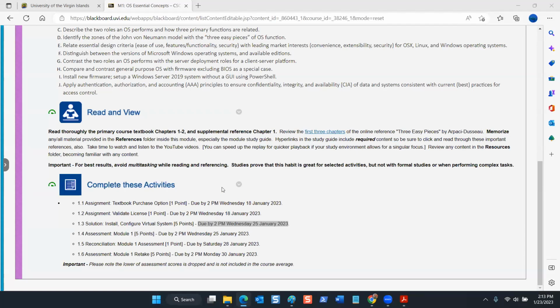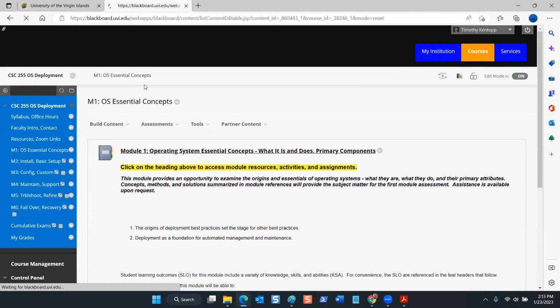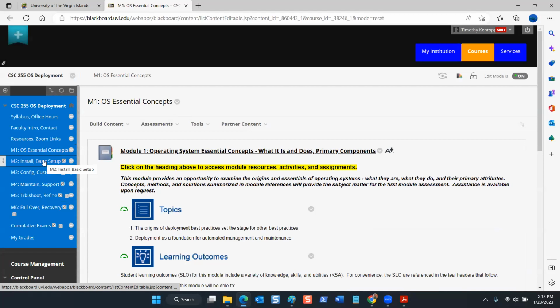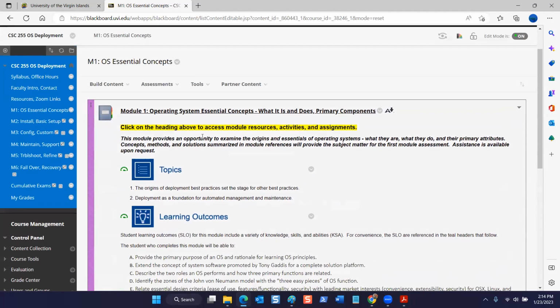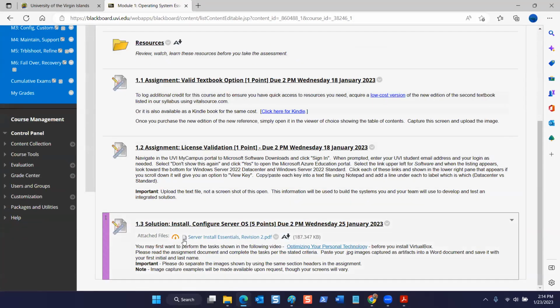Our first solution is going to be adjusted to allow a little more time for us to set up access to the new virtual system platform. What we've done is pushed back that solution, and we'll go ahead and use some features and some functionality in our Module 2 solution. Inside Module 1, you'll find